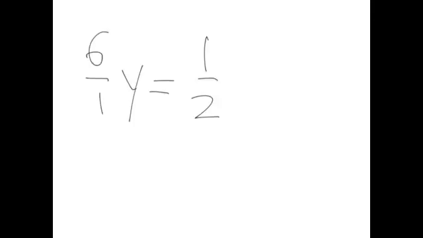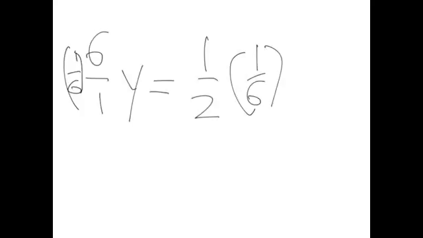First, we have to get the variable by itself. So we're going to multiply. Over here, we're going to multiply the reciprocal, which is 1/6. And then we're going to put 1/6 over here. And then 1/2 times 1, that was supposed to be a half. 1/2 times 1/6. We can't cross anything out, so we do